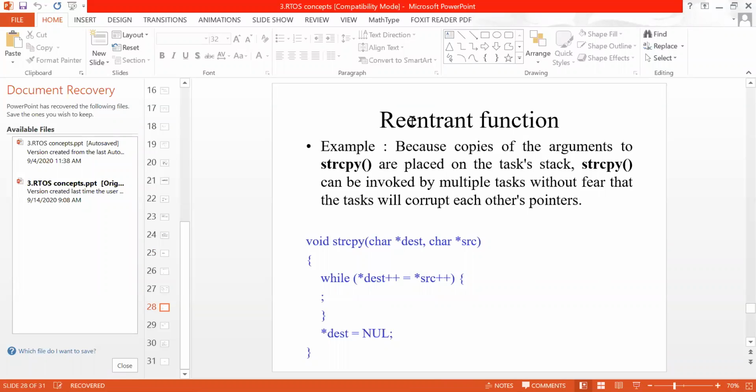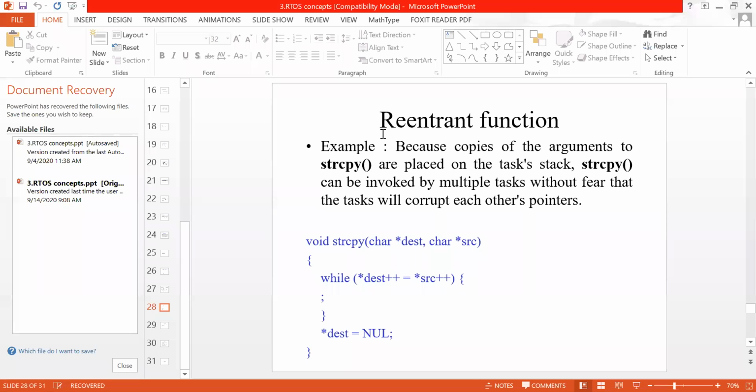That is, for the low priority task you are getting the correct output, and for the high priority task also you are getting the correct output. That means even though it shares some common variable between the two tasks, the data is not corrupted. So it is expected that in RTOS we have to use reentrant type functions, which will not corrupt data whenever we switch from one task to another task. That is the objective of these two types of functions.